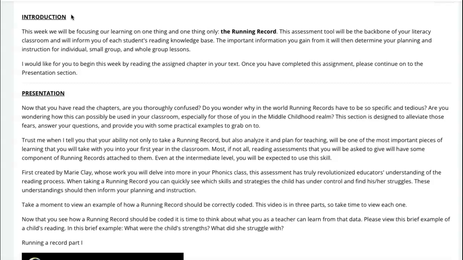Before you go any further, I want to let you know that when you are taking a running record, the teacher is a neutral observer. There is absolutely no instruction when you're taking a running record. Once you have completed the running record, then you can go back and discuss a praise point, which is something the child did well, or you could do a couple teaching points where the child had confusion.